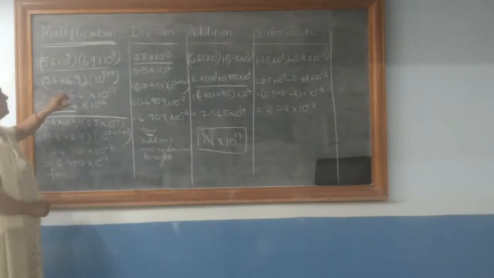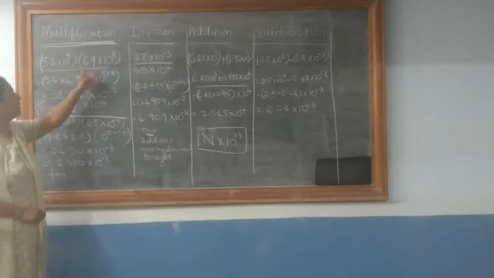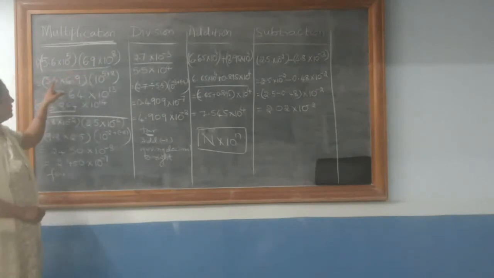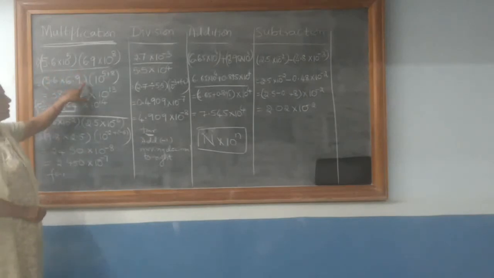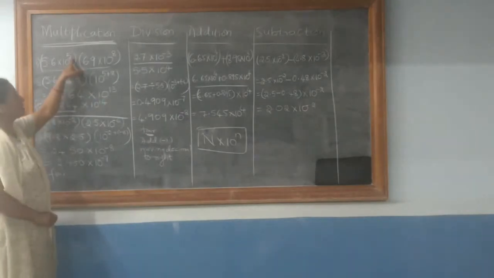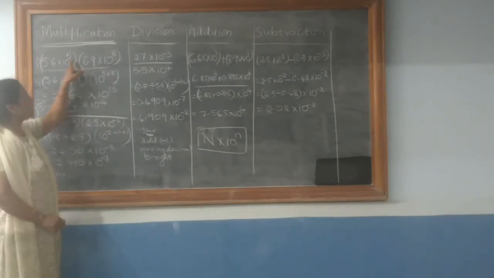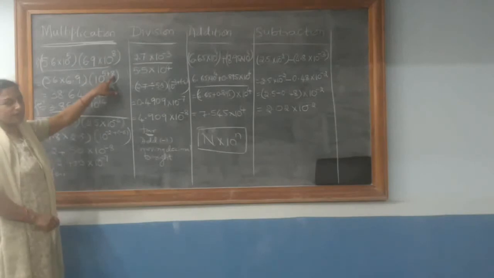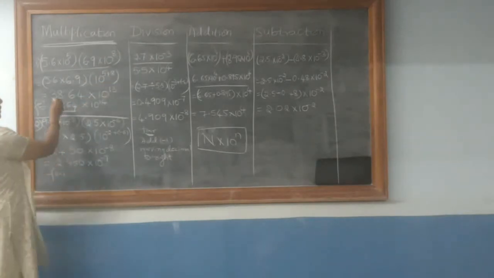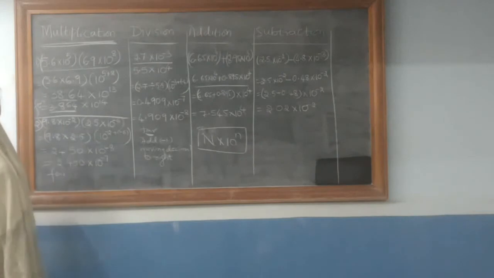Now in this case, you need to take the exponent as common. So the numbers will be 5.6 into 6.9 into 10 to the power of, now this becomes addition of exponents, 5 plus 8, base is the same, 10. 5 plus 8 is 13, as you all know. Multiply 5.6 into 6.9, the value comes out to be 38.64 into 10 to the power of 13.